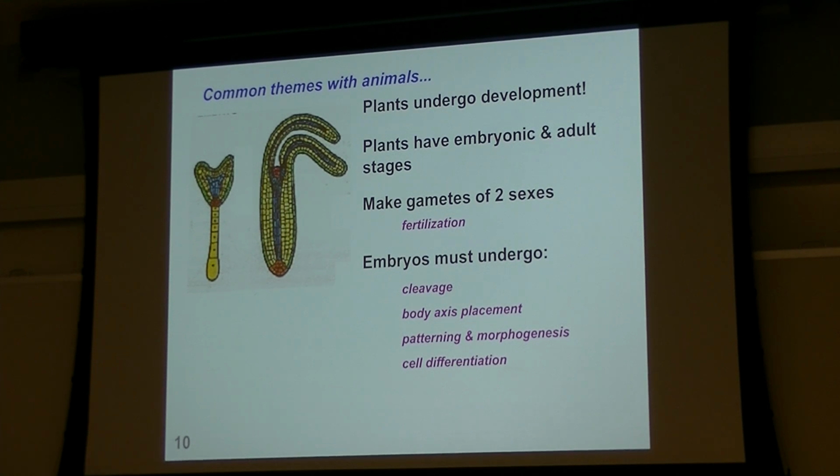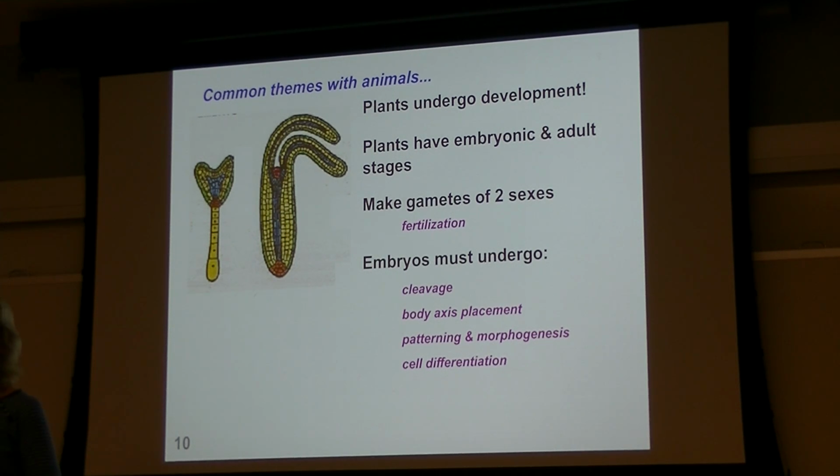Okay, and just in common, I mentioned some of this already, but of course plants do have development. They have embryonic and adult stages. They are going to make gametes. They go through fertilization. So they're going to face some of the same constraints, maybe even more so, since they can't get up and walk around. They need to make sure that they're able to sense, is this gamete coming in of the correct species? How can I attract a gamete so that appropriate numbers of sperm are available to fertilize my eggs? How can I disperse my gametes into the local environment? All these sorts of